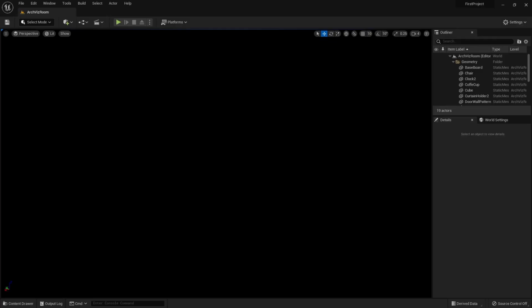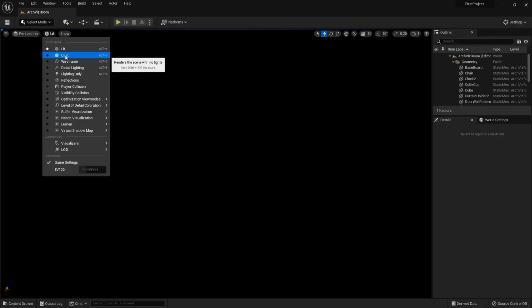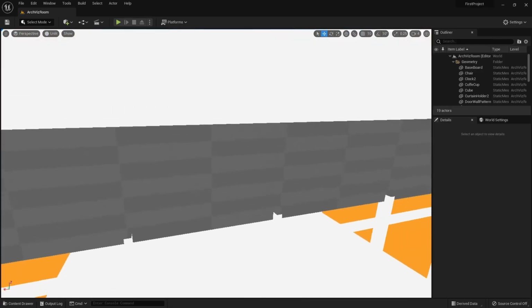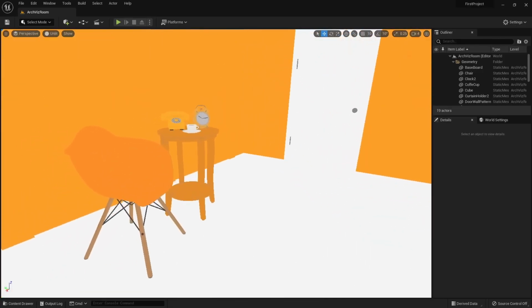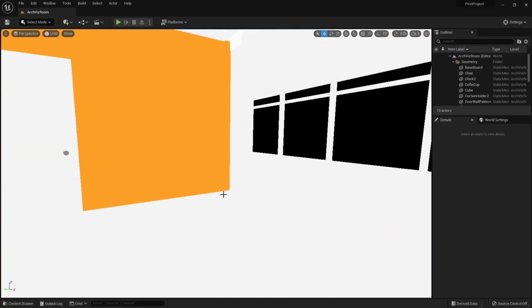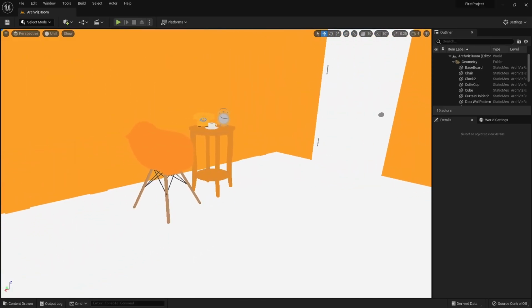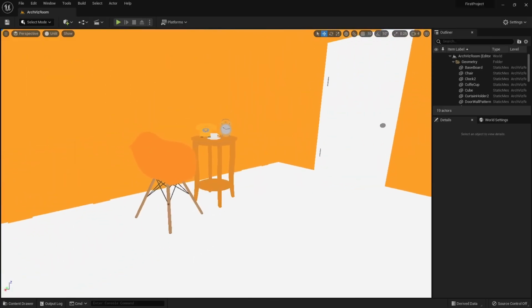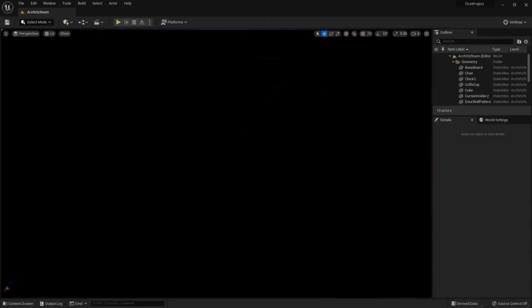lights. If I press Alt and 3, or if I click on Unlit from the view mode, we can see that this environment is just a simple room with some furniture and a window from which all our light is going to come from. So a very simple room, which will help us learn and get the gist of how to light a scene in Unreal Engine. I'm going to press Alt and 4 as a shortcut to go back into our default